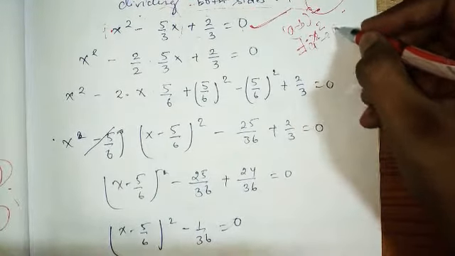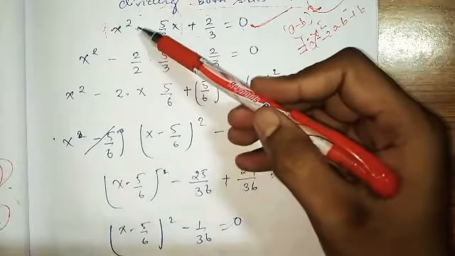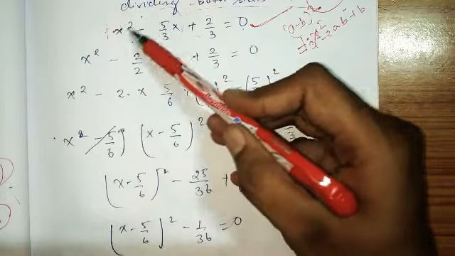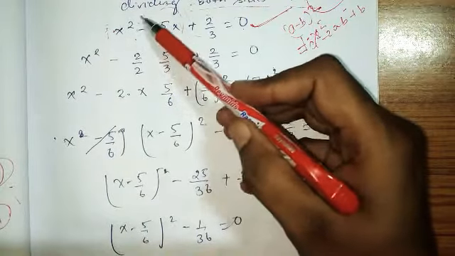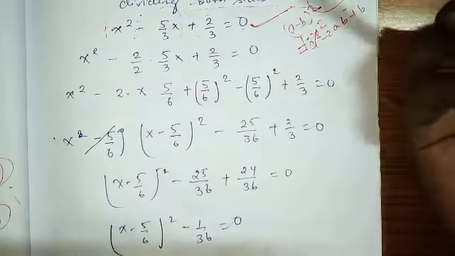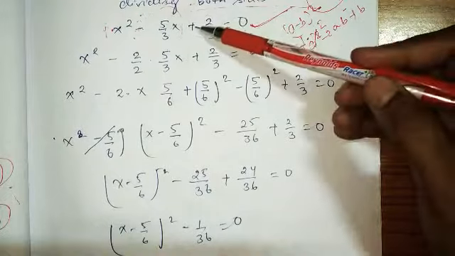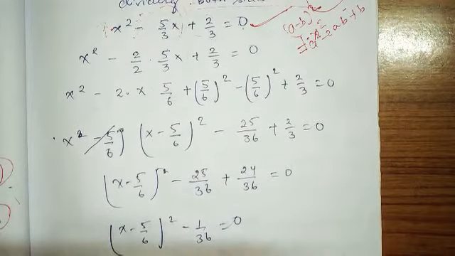That is a square minus 2ab plus b square. This will be the formula because of this minus sign. This minus sign or plus sign is very important, okay. So this is the formula of a minus b whole square. This is plus 2 upon 3 is equals to 0 now.